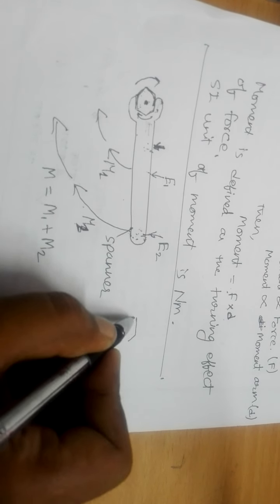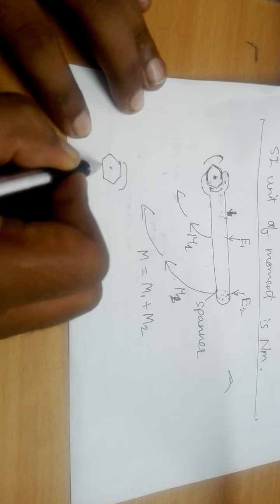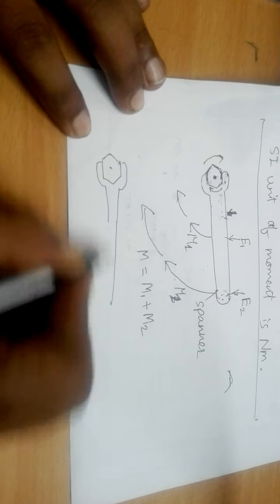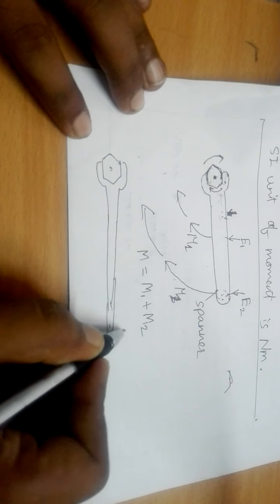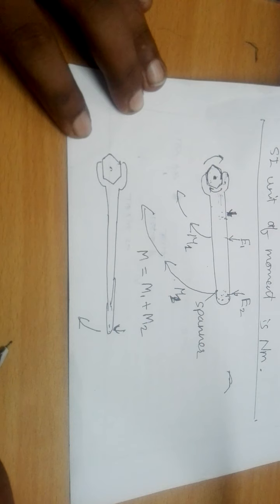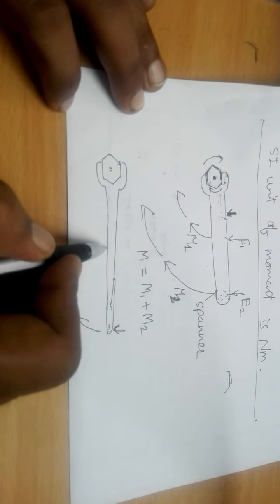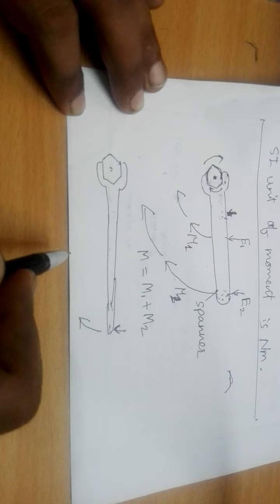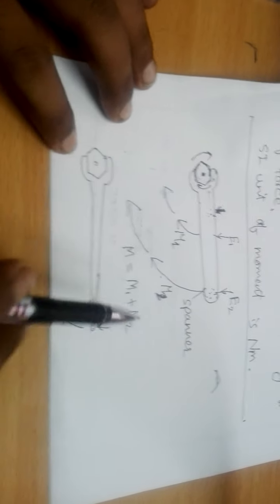Or alternatively, to open a rusted knot, what you can do, if the knot is too much rusted, is use a long spanner. A longer spanner has a longer moment arm, and it produces more moment. Yes, however, the risk is that if the spanner is too long, then there is a high chance of breakage. The spanner could be broken in the middle if it is too long. Yes, it should not be too long. Indeed, what we do is apply